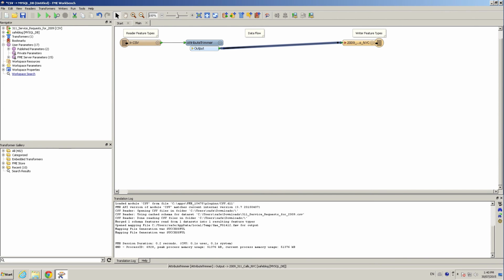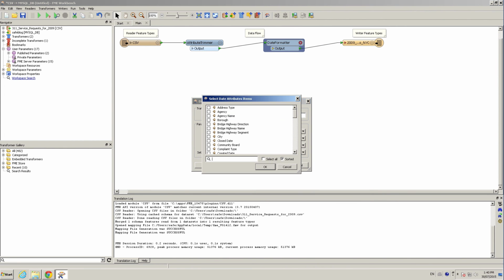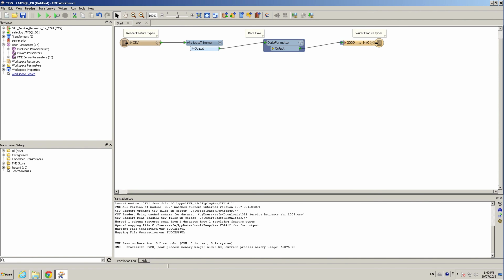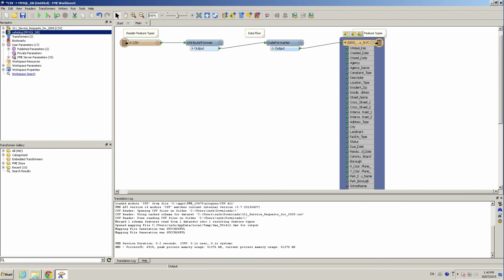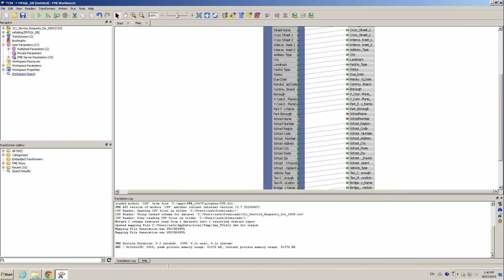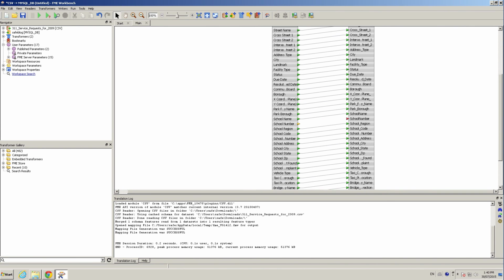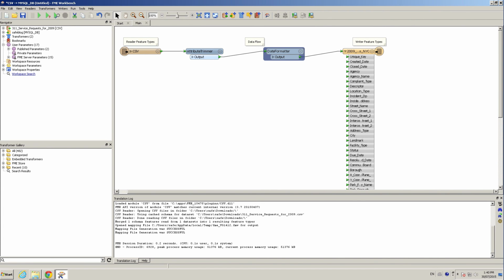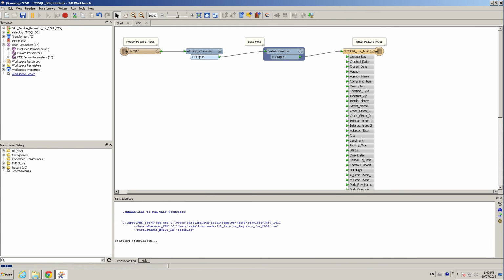We also know that the date format's wrong. We don't want the date to be formatted as it is. We want to control that the created date and the closed date are structured correctly. So we're going to choose those. We'll get FME to read automatic detection, and we're going to go to ISO date. We don't want the time anymore. Click OK, and so you see we're doing this data cleanup, allowing us to have complete control over the state of the data when it ends up in Aurora. And again, I need to just do my mapping here because I changed the school name and number. So that's it. I can run this now, and I can bulk load my 800 megabytes of CSV data from that file up into Aurora,